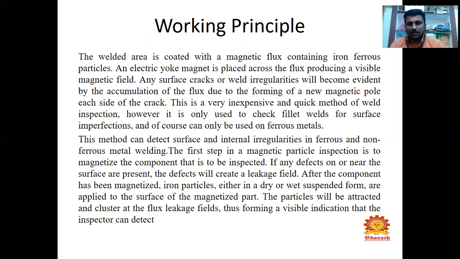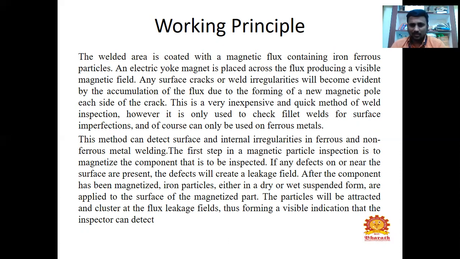For example, the method can detect surface and internal irregularities in porous and non-porous material. The first step in magnetic particle inspection is to magnetize the component that is to be inspected. If any defects are on or near the surface, the defect will create a leakage field.